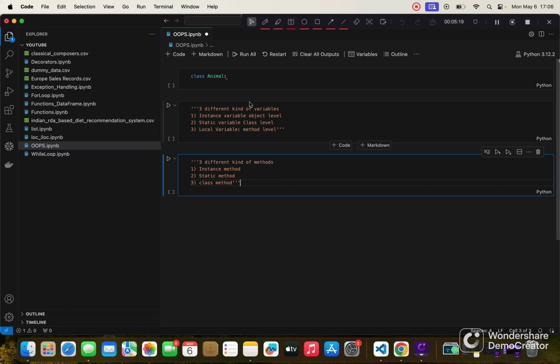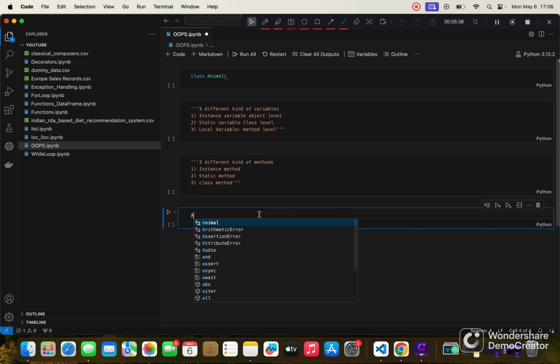So we saw how to define a class, now we have to see how to define an object or get an object. To get an object, there is a class Animal I already defined above, so I have to create an object of that class. To create an object of that class, what I will do is I will use the class name and then